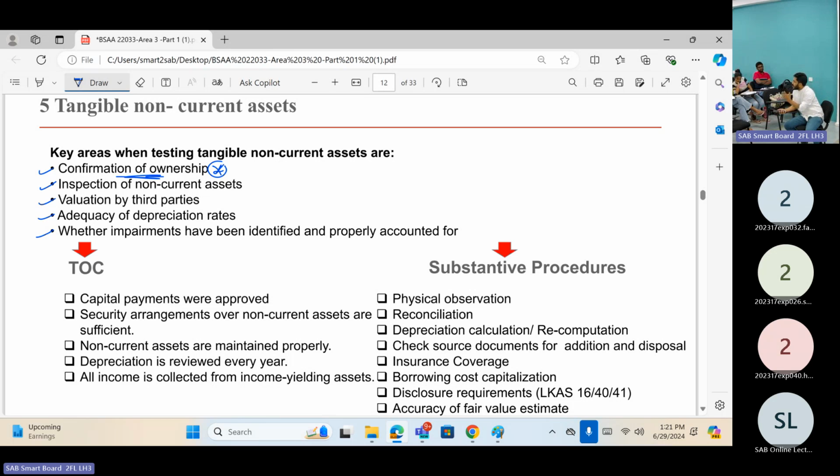So you have a hotel, right? You have a hotel. So in PPE, non-current assets, you have the hotel building only. So for that hotel building, you don't want to do the TOC plus substantive procedure. Why? For the hotel building,